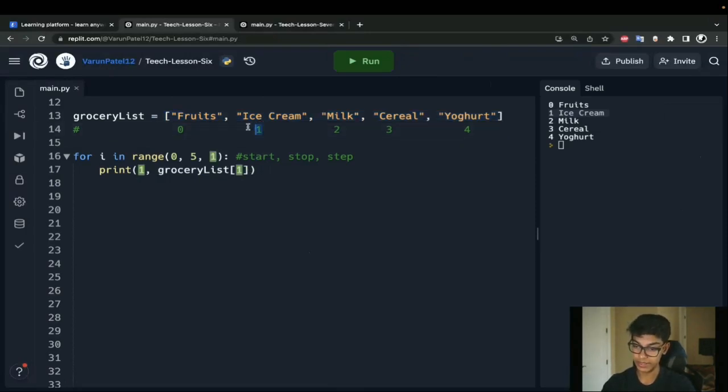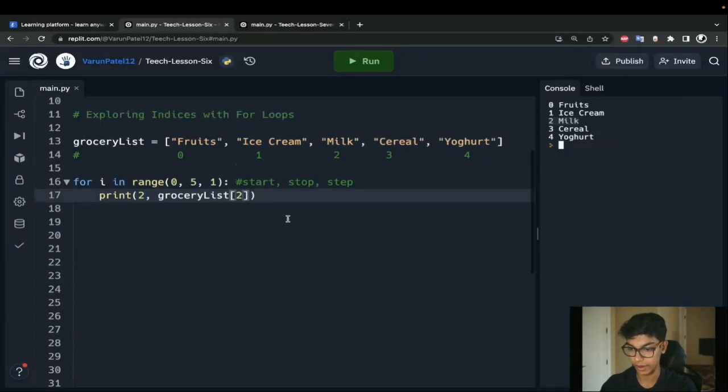And the item that has an index of 1 is ice cream. So that's how this gets printed out. And then it goes to 2. Grocery list, give me the item at the index of 2, and that's milk. And then so on, and it just goes on like that. Makes sense. Awesome. I'm glad I was able to clear that up.